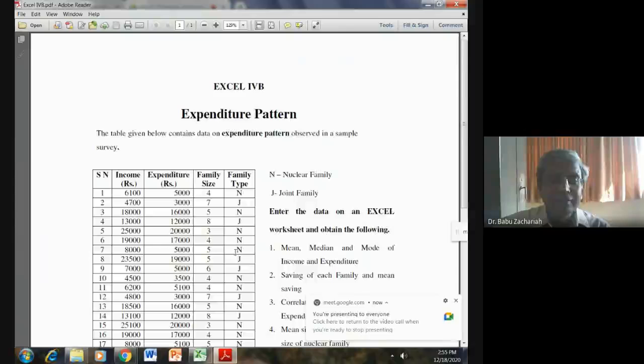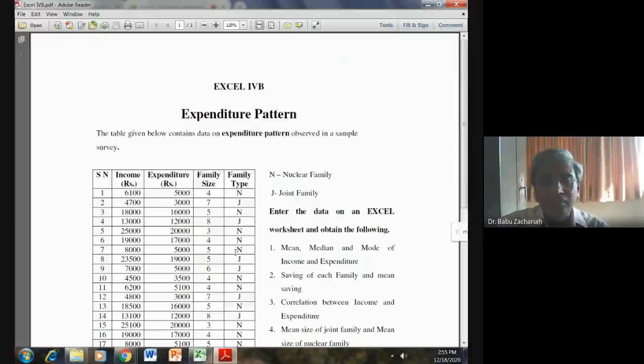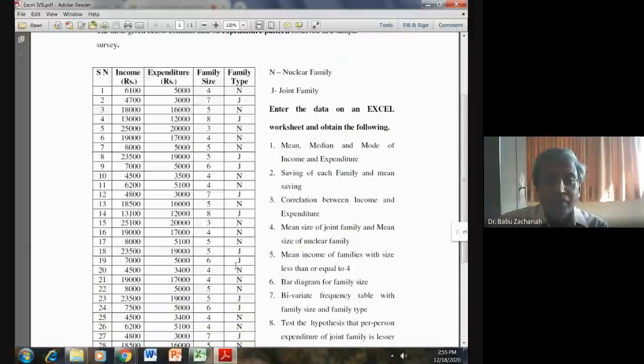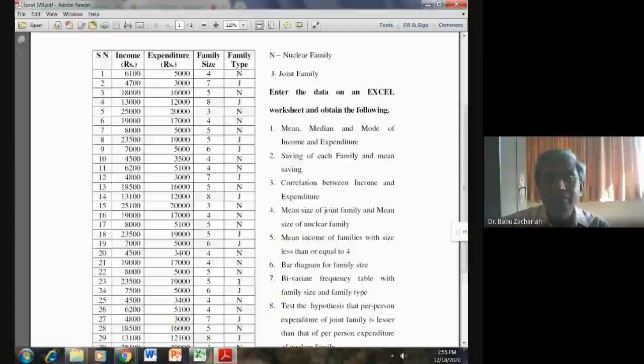Expenditure pattern. The table given below contains data on expenditure observed in a sample survey. So mainly 4 variables: income, expenditure, family size, and family type. Type means nuclear or joint. Okay, so there are 30 families. Data is given. We need to put it on Excel, and the first question is calculate mean, median, mode of